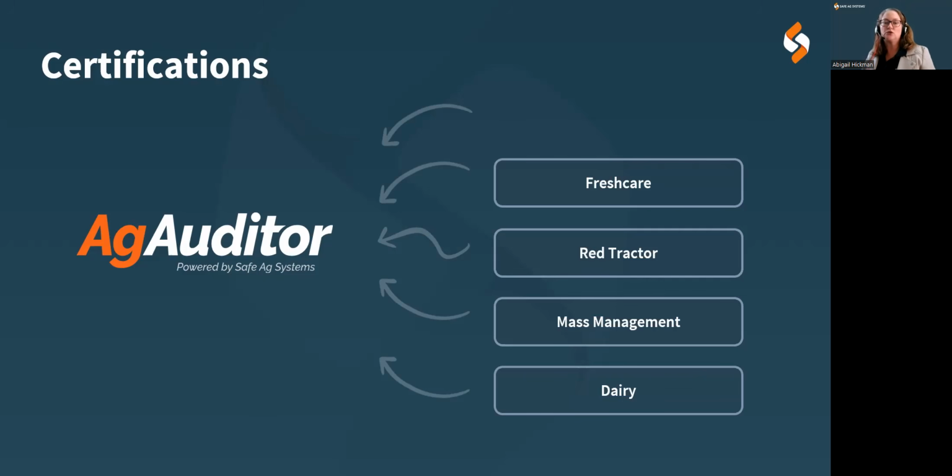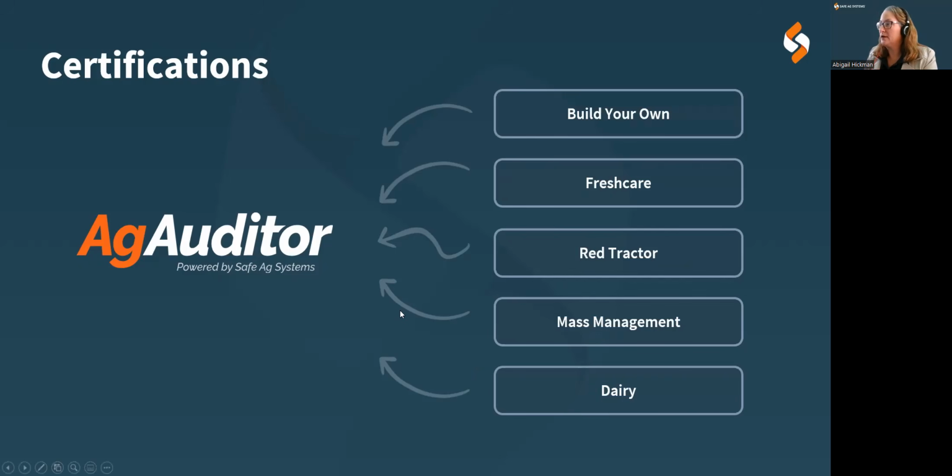So not only the actual form that you need to run, so the audit form, but we're also building out the associated checklists, policies and procedures, etc., that you might need to use on a daily basis to ensure you're meeting the chosen criteria or the chosen certification.